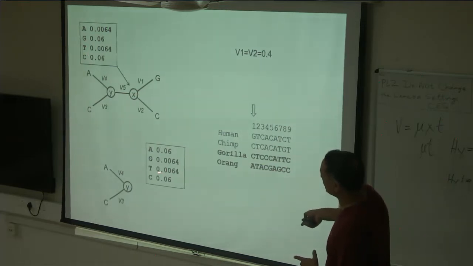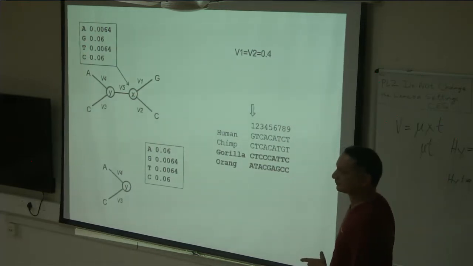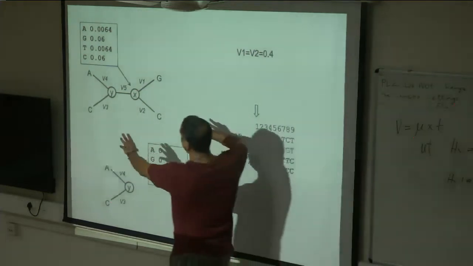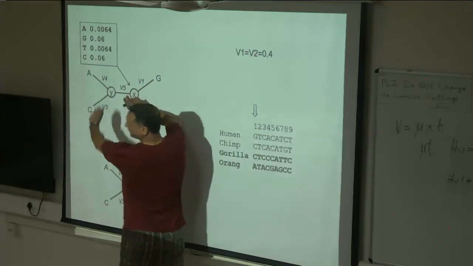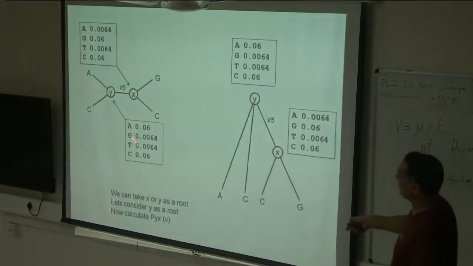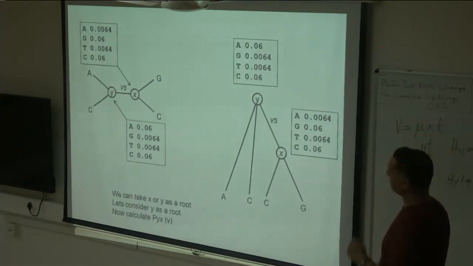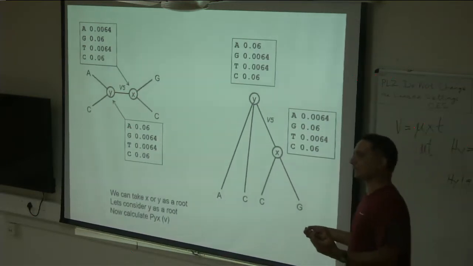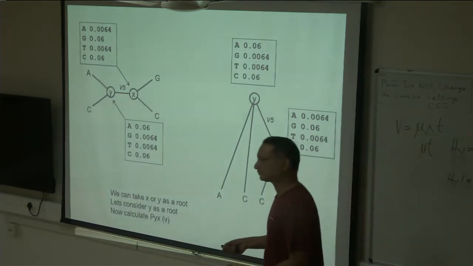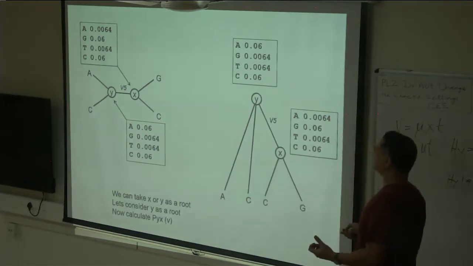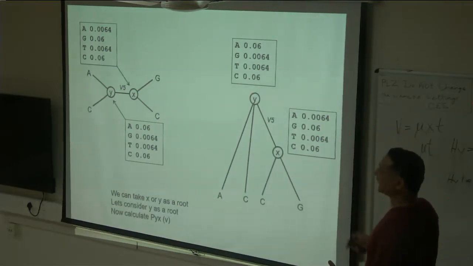Similarly, for the other node also, we calculated. So now we have gone from here, come here. Alright, so we have the probabilities for both the nodes. Now we can pick one of those nodes as the root. Here I've randomly picked Y as the root.